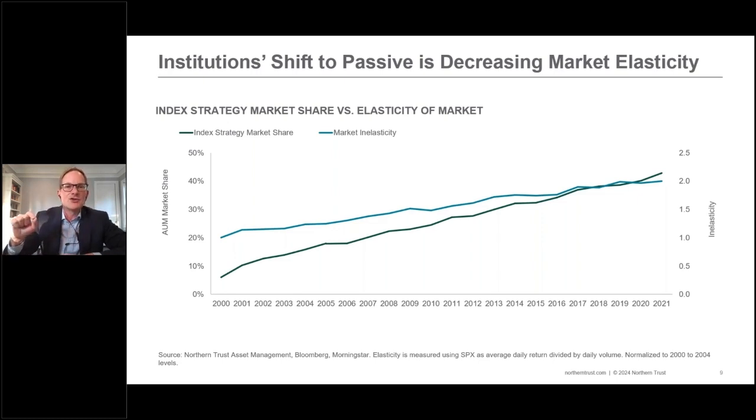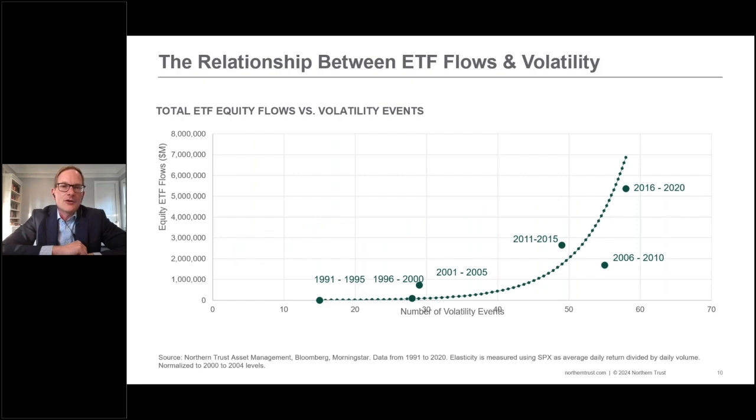Markets are more inelastic in general. You don't have to take my word for it. On the next slide, what we graph is the nonlinear correlation between ETF flows, the preferred vehicle for a retail kind of investor, and the number of volatility events that occur in that period. You can measure this a whole bunch of different ways, but it's pretty clear that this shift away from active on institutional and the rise of ETF investing in retail has precipitated some of these volatility issues.